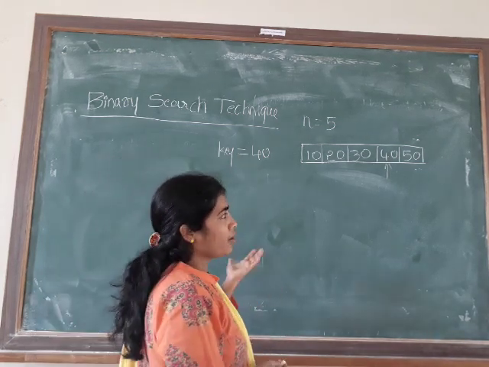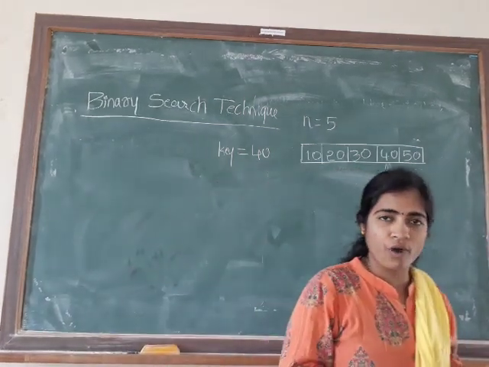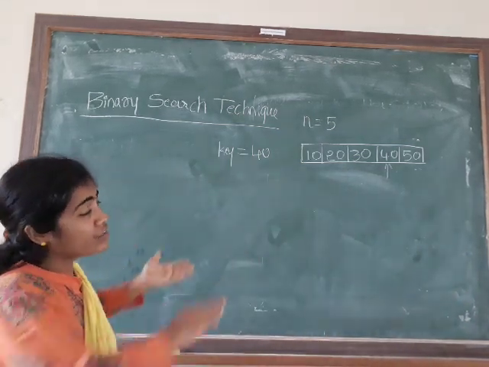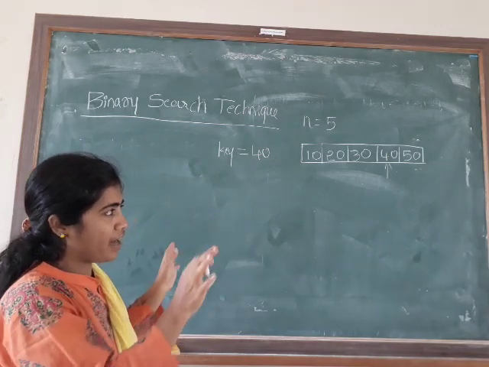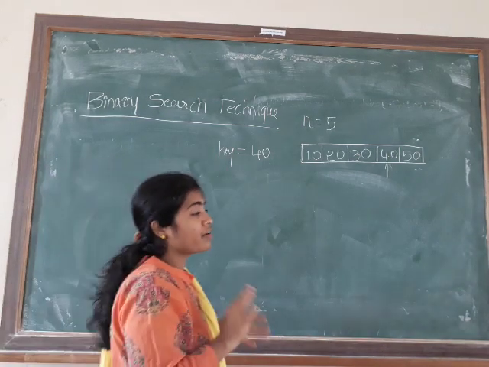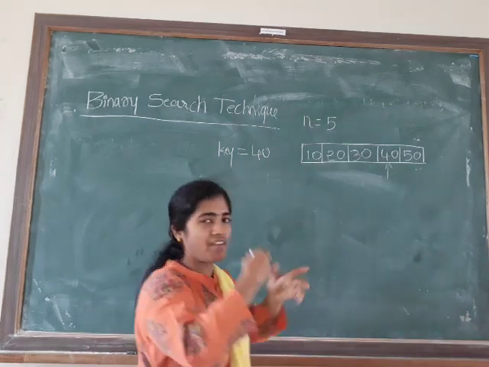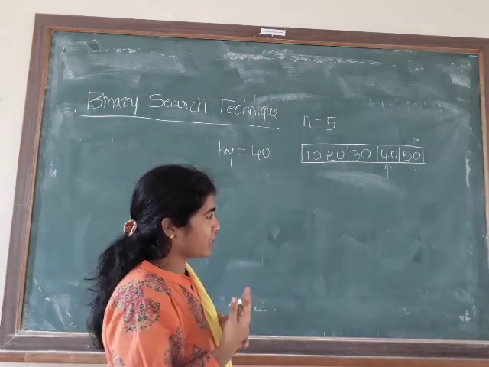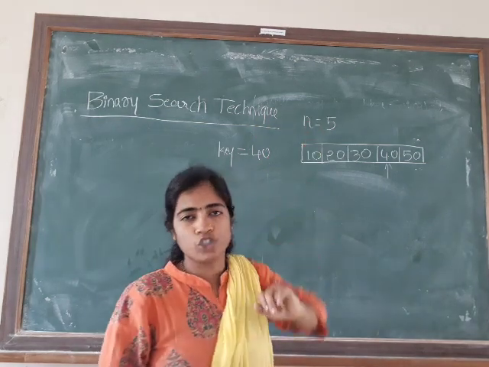So you might be thinking, madam, just by looking at the array list itself, anybody can tell whether the item is found or not found. Then what is the necessity of writing the program? Obvious question, right? See, if the array has a large number of elements, assume 100 elements, and somewhere it is available at index 57, then instead of wasting time to search an element manually, it is better to write a search technique.